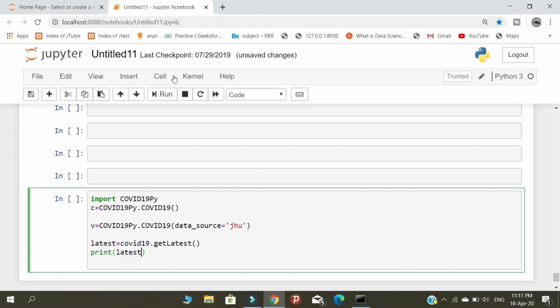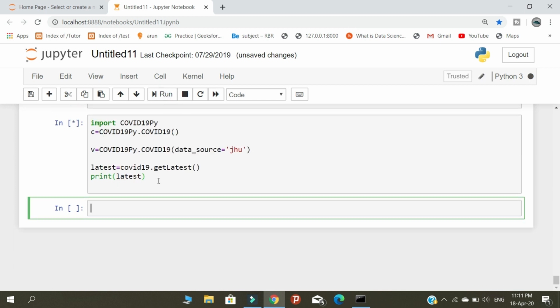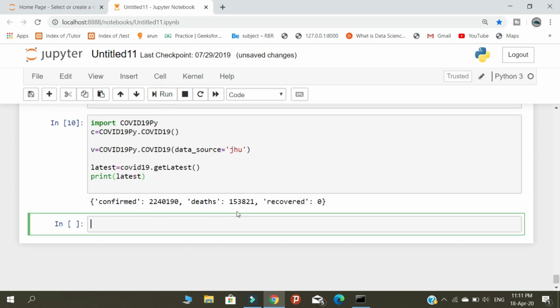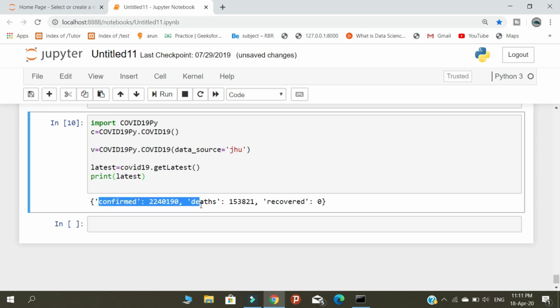This will print the latest information about the coronavirus. Before running this program, the internet is mandatory. Okay, so this is the latest information about the coronavirus. So this is our output.